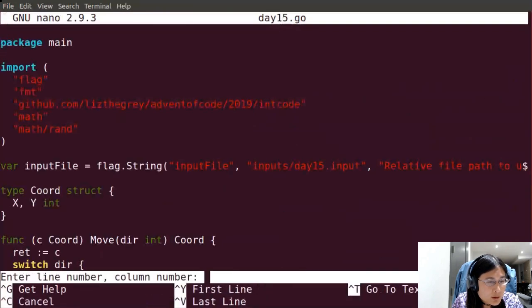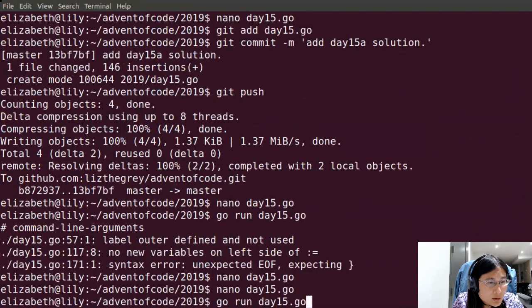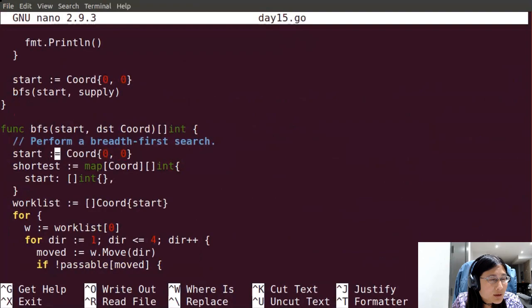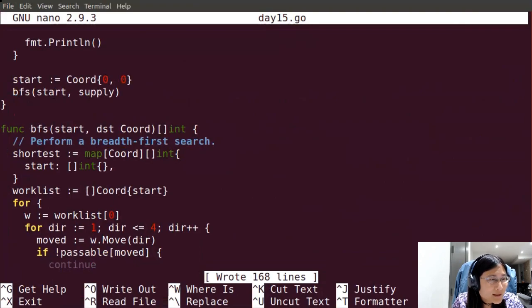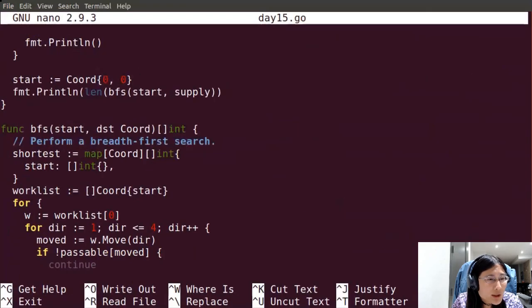Line 117, that's wrong. Yeah, that should be fine. Oh, this is now line 116. Oh, right, because that's now that. Okay. What did I do wrong here?